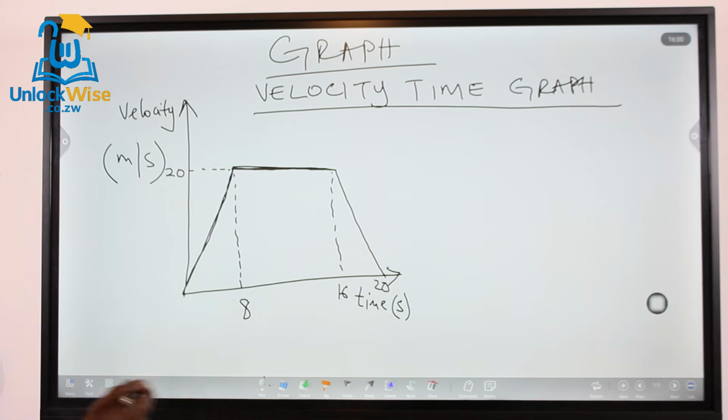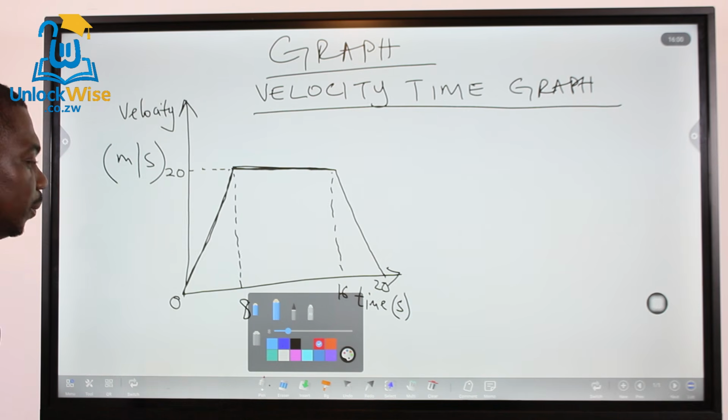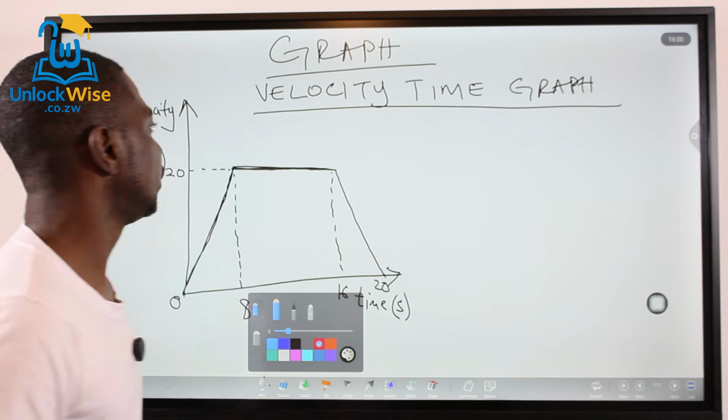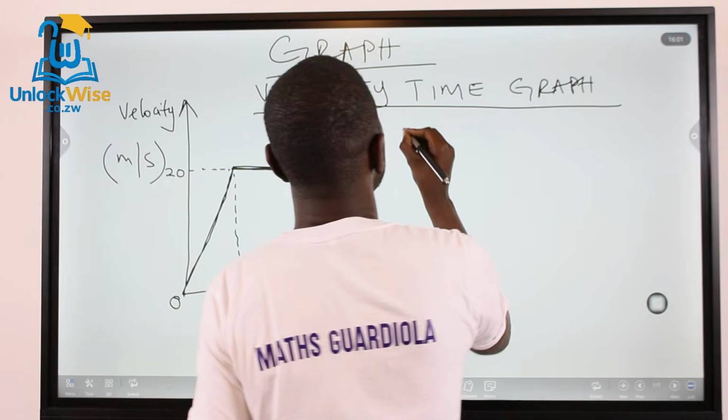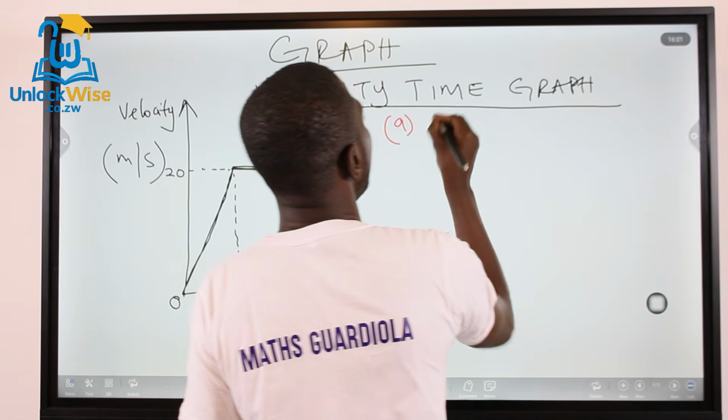Right. And have this as cell. Right. So what I want us to do is I will be putting some questions and answering them. Right. The first thing I want us to understand is A, calculate